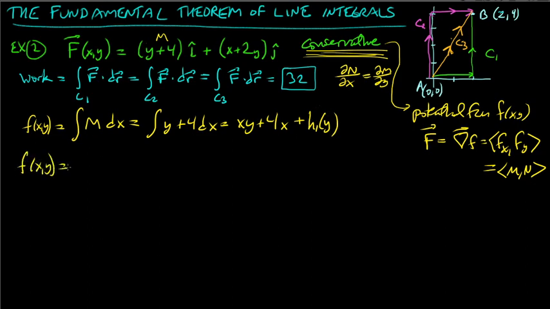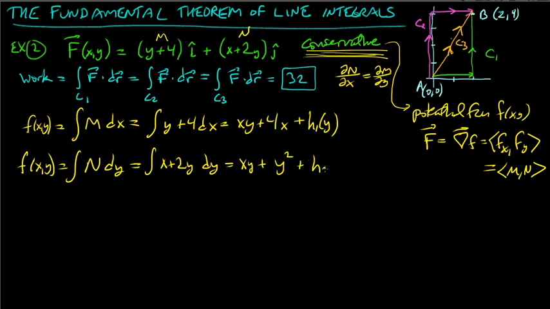But now we have to do another integral, the integral of N, but now with respect to y. Remember, N is just x plus 2y. But now we take the integral with respect to y. So we get x times y plus y squared, plus some function of x alone,